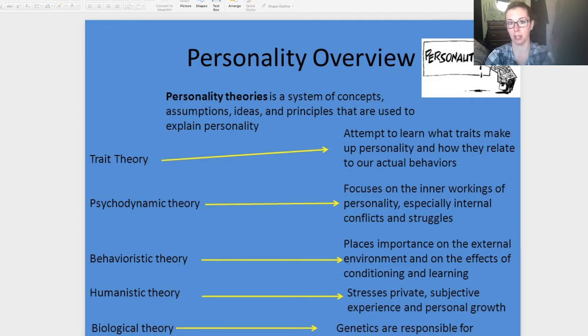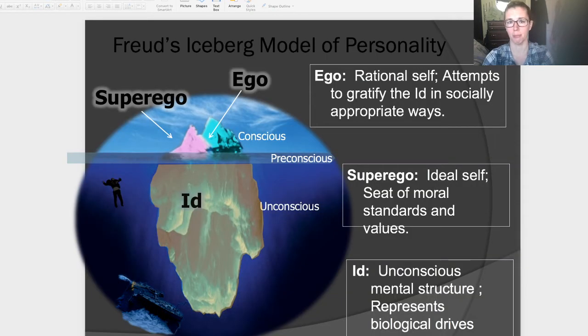So first we're going to start with Freud. Our dear friend Freud, his mark is extreme as what he contributed to the field of psychology. Not all of it is supportive. In fact, a lot of it's not supported by research, so most of it's not in favor. But we utilize Freud's language in our day-to-day lives all the time. Okay, so Freud proposed the iceberg model of personality.